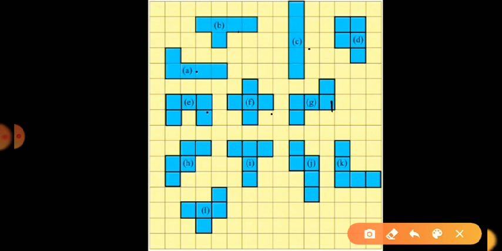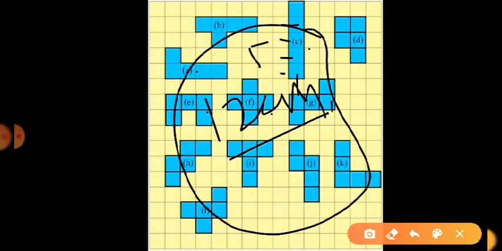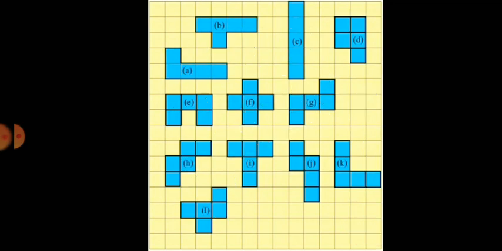Now come to C to find the perimeter. 1, 2, 3, 4, 5. The length is 5 centimeters and the breadth is 1. So 5 plus 5 is 10, plus 1 is 11, plus 1 is 12. So 12 centimeters. Actually A, B, C all have the same perimeter. But D is not 12 centimeters, because its perimeter looks small compared to the other shapes. So let's count how much it is.